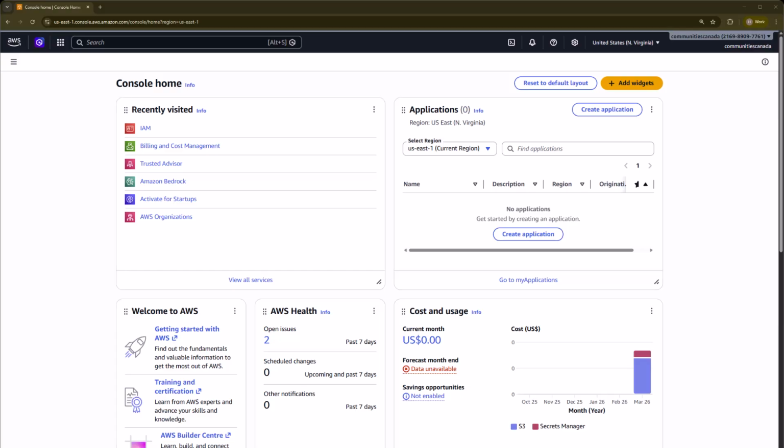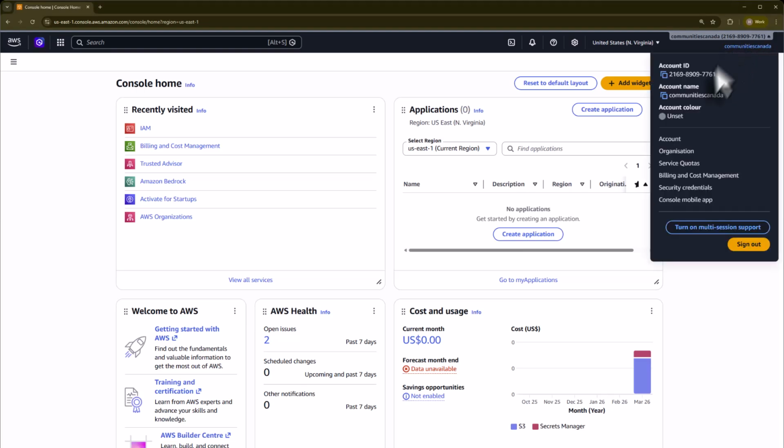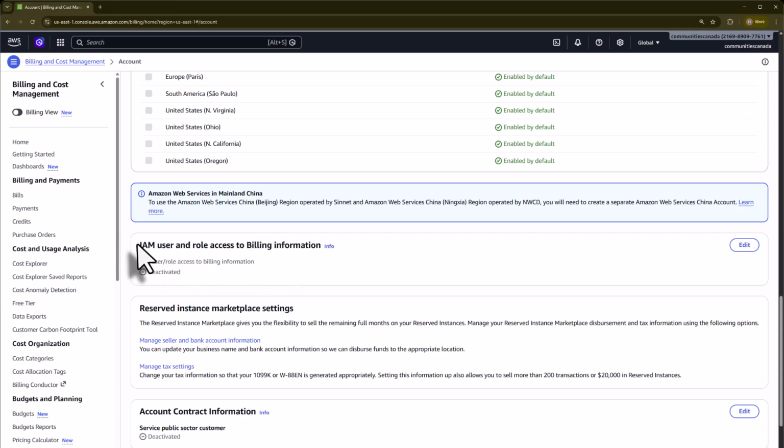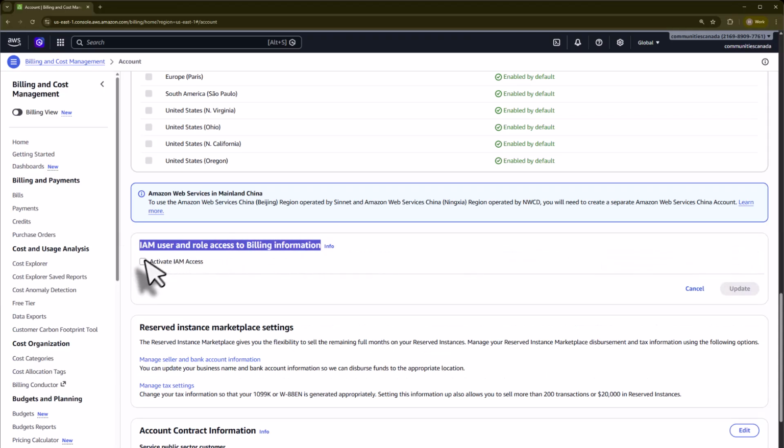If you are doing it as an IAM user, there are two very important things that you will need to take care of. One, you have to go to Account and come to the section IAM user and role access to billing information. Click on Edit and activate IAM access. Similarly, you have to go to IAM